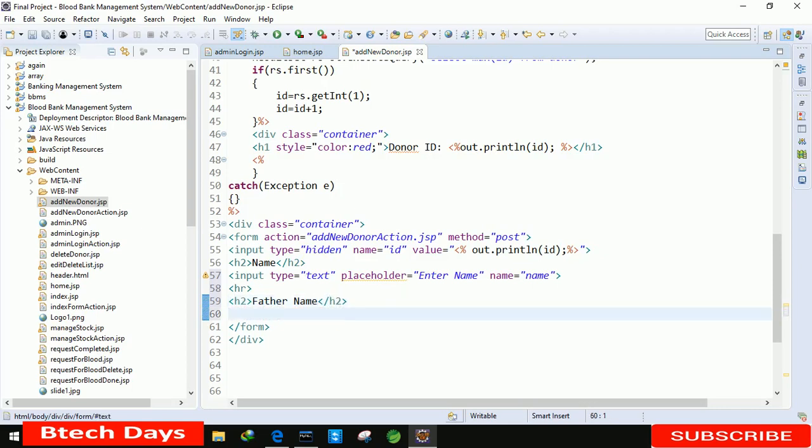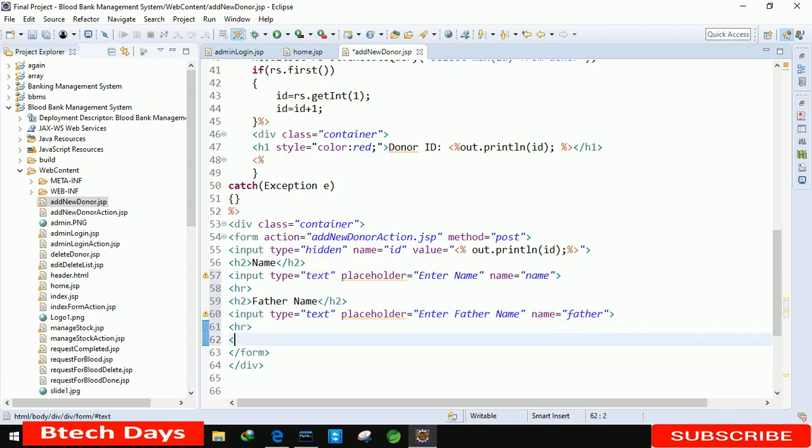Okay, and for the father name the input should be input type is text, placeholder is equal to enter father name. Okay, and the name is equal to father.